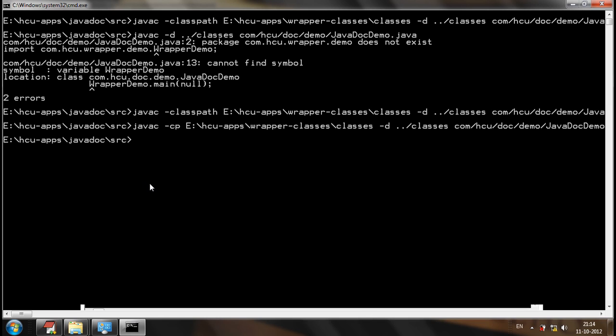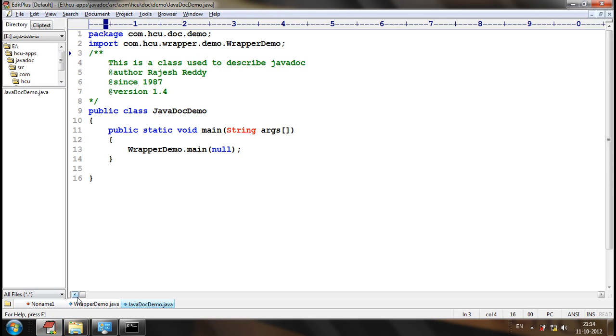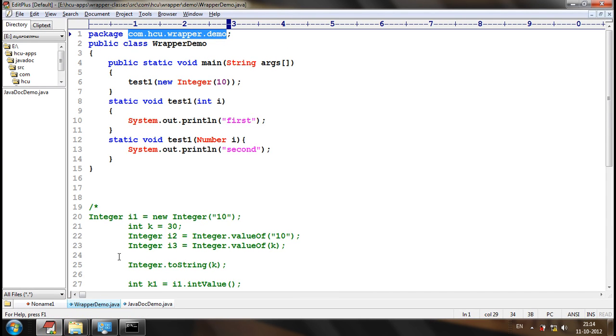Now, let me go to the classes. Now, let's see whether wrapper demo has any compile time errors. Let me compile once again. I'll put system dot